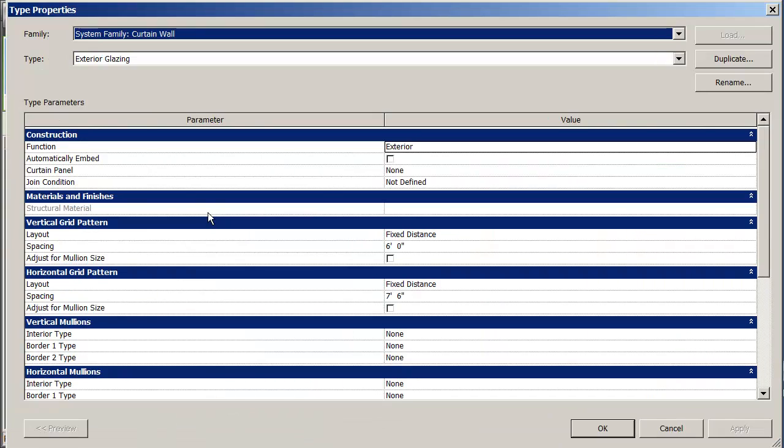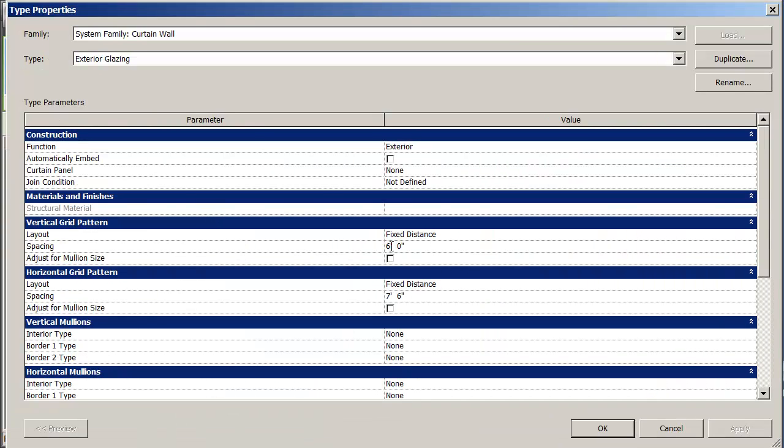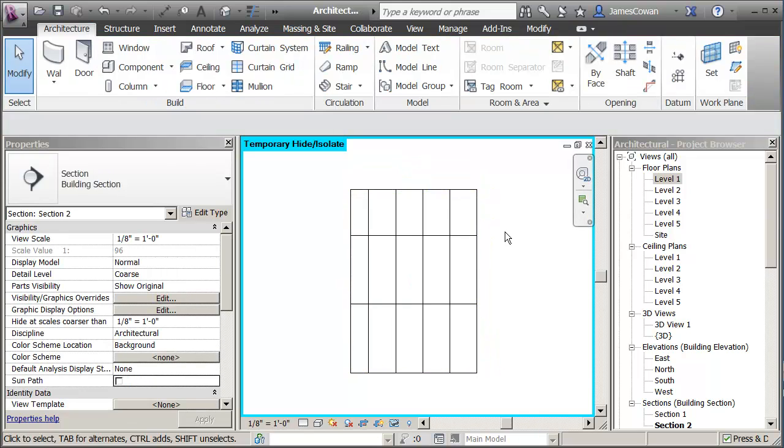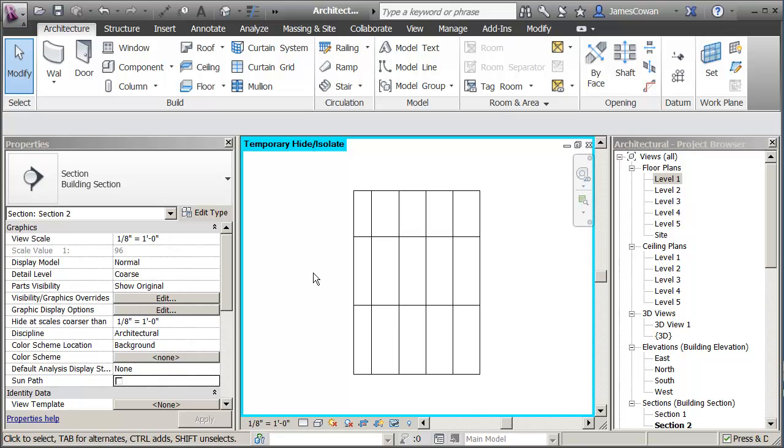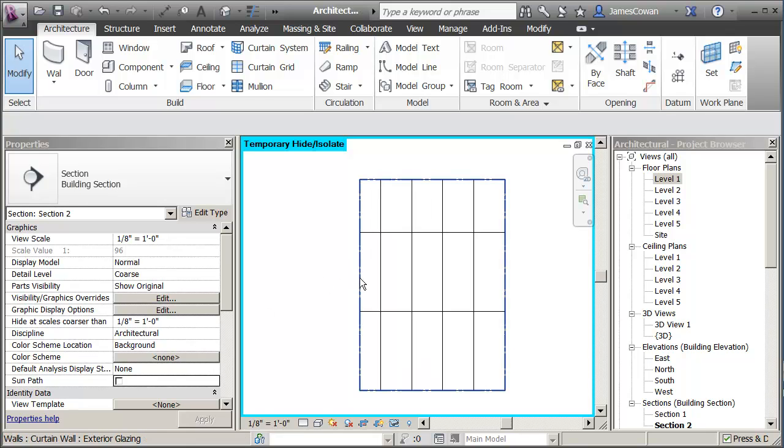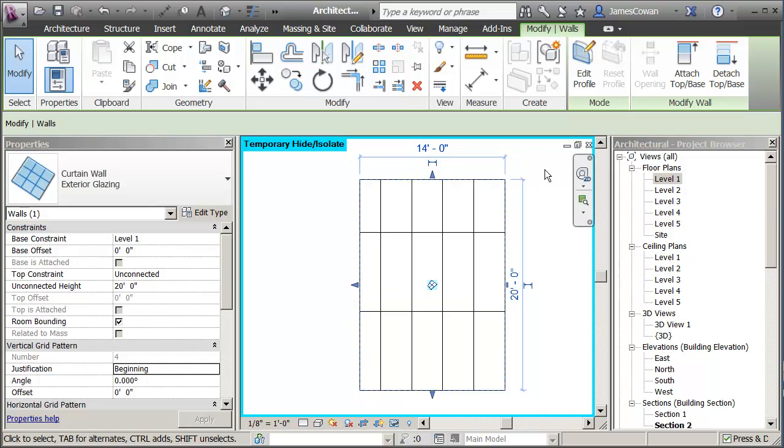Right, just have another look at this. So if I were to change this to say make it 3 feet, I'm getting 3 feet repetitions from the point 1 of my wall. And let me elaborate on that a little bit more. If I pick the outline of the wall here, the curtain wall,